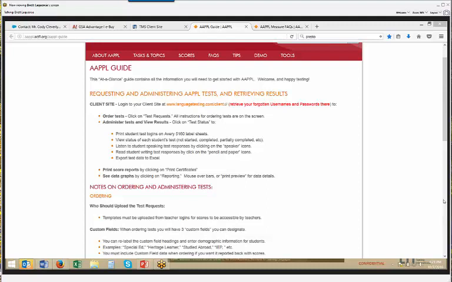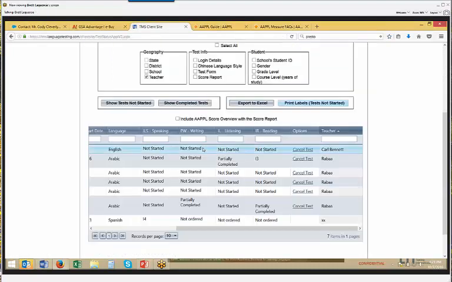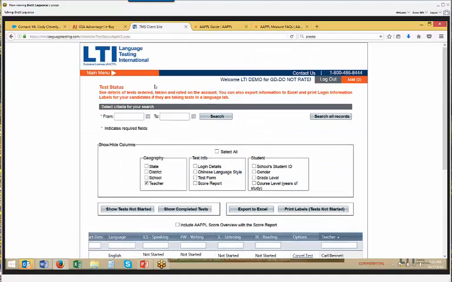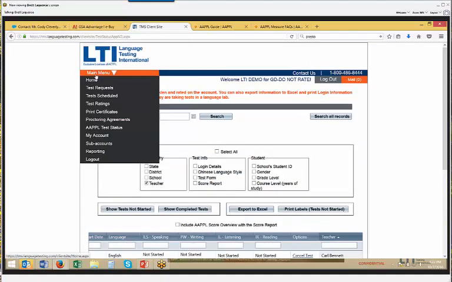Other questions? Eric, Brett, this is Julie Quinn at USBE. Could you show schools where they're going to be manually adding students if they're not included in the state upload, and could you also show them how to access the reports after the testing is done? Absolutely. So to manually order a test for individual students or outside of the state,